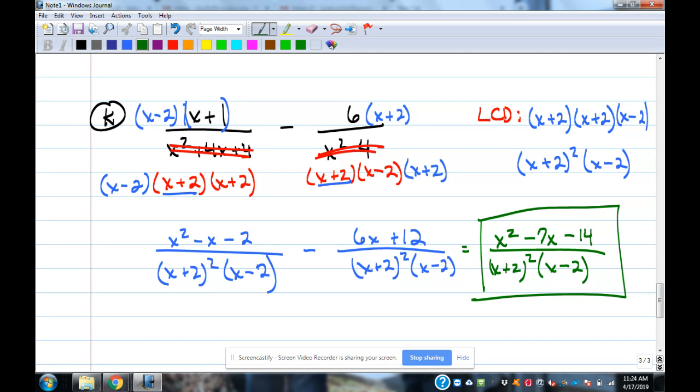Anytime you see a polynomial in the denominator, factor. That helps you build the LCDs. Okay, so you got to build that least common denominator. Once you get the least common denominator,